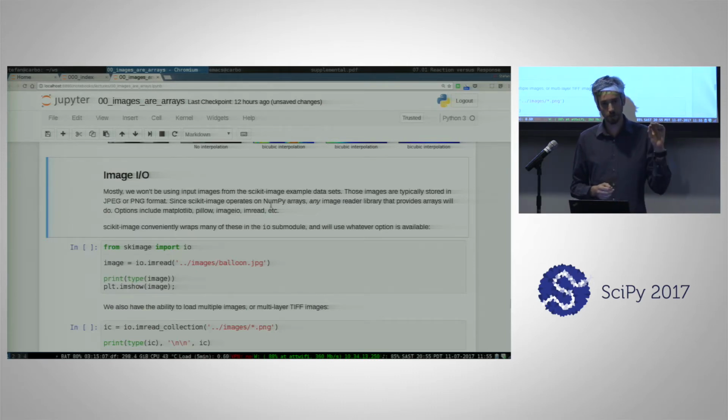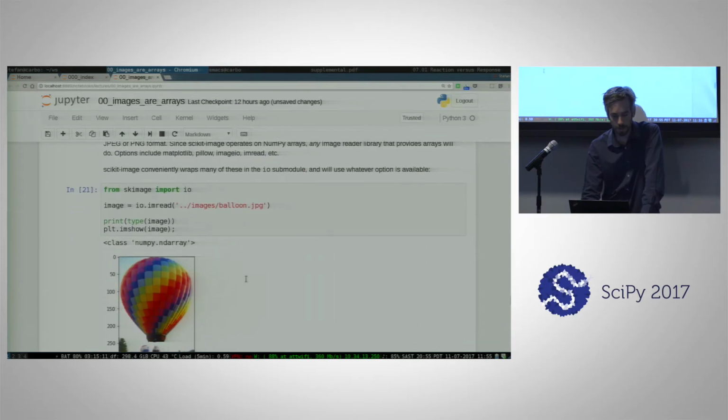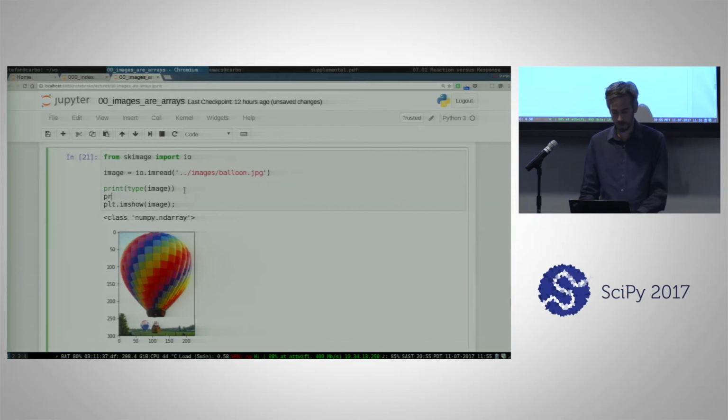So you can always do from scikit-image import io, io.imread, and the file name that you want to load. So for example, in the current repository, I've got an images directory with the balloon image in it. So let's go ahead, read that image, and again, we'll see that it returns a NumPy array, and we'd expect